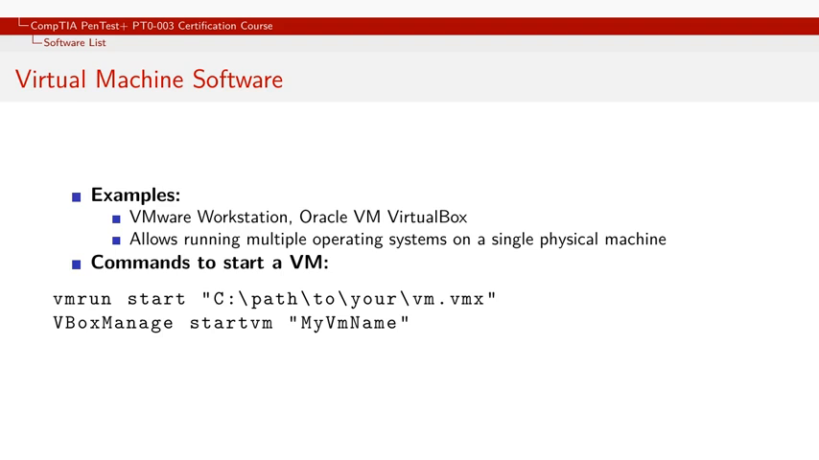To get started with virtual machines, here are some commands you will use. For VMware Workstation, you can start a VM using the command vmrun start c-path-uvm.vmx. For Oracle VM VirtualBox, initiate a VM with the following command: vboxmanage startvm my VM name. By mastering these virtual machine tools and commands, you can effectively simulate multiple environments, making your testing process more thorough